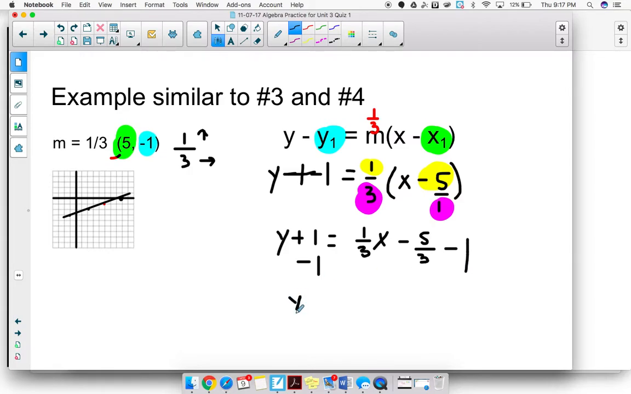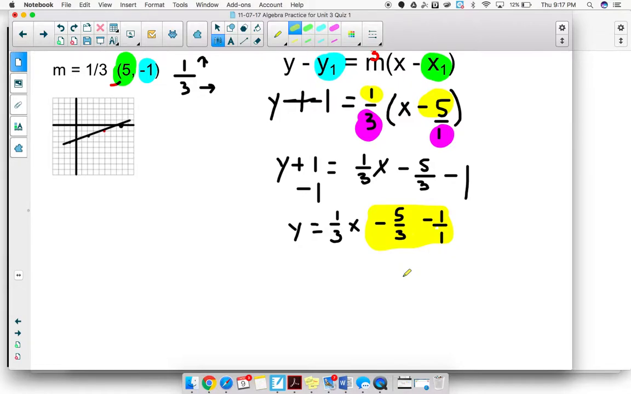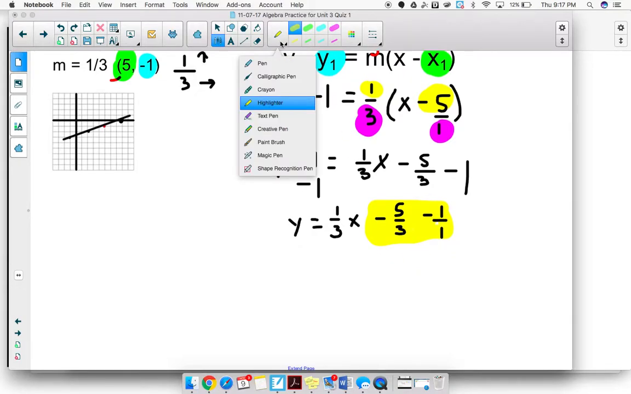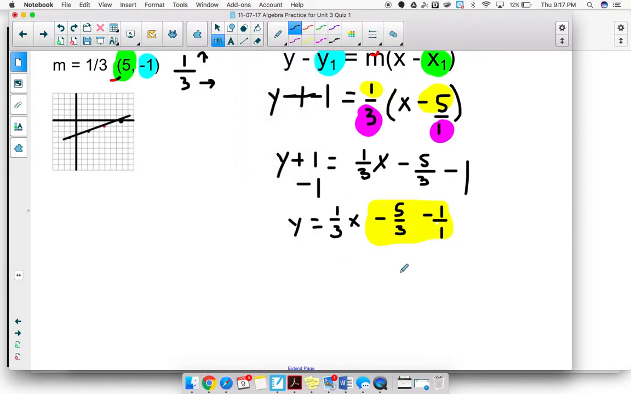we end up with y equals 1/3 x minus 5/3 minus 1. And I'm going to put the 1 over 1. At this point, we're basically done other than getting a common denominator on these two terms and recording them as one value. So if I copy the first one down,